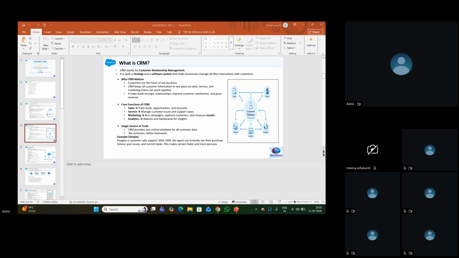And with the help of the sales team, our sales guys, whatever we see in the real time, in the general world, they'll get our details, and they will reach out to us saying, do you need a personal loan, are you interested in so and so, all these things. So that part is called sales cloud.